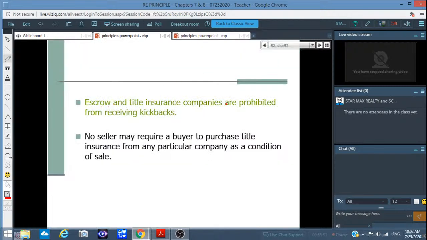Okay, escrow and title insurance company are prohibited from receiving kickback. Okay, that's another RESPA thing, okay. Another function of RESPA is that no kickbacks. Okay, what I mean by that? Okay, if you use escrow company, a title company, right? You refer them, they will give you a bonus check, you know, give you tickets to the game, things like that. Okay，这 kickback 这是什么意思呢？就是一种回报嘛，right？你用一个 escrow 公司啊、title 公司啊等等，right？然后他给你一个优惠，right？请你去吃饭啊，给你票去看球啊等等，okay？